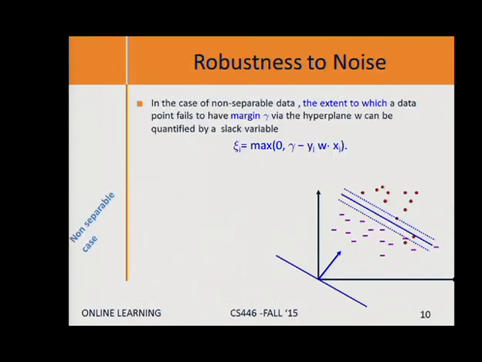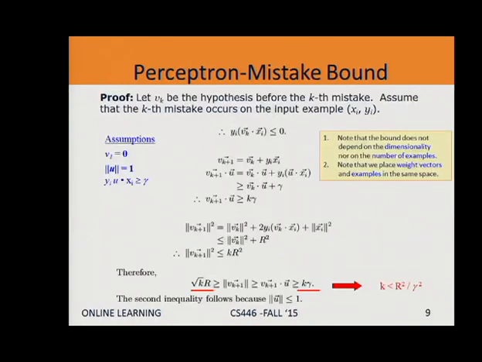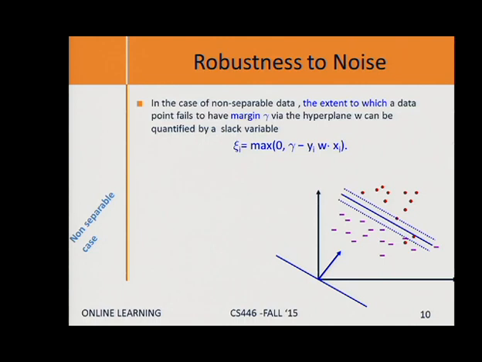Okay, so this was very nice, I think, but only for the case of linearly separable data sets. And you could argue, in many cases, the data isn't linearly separable. Is this going to break down? So here is a simple generalization of the perceptron rule. Before we generalize, we want to think about how to generalize. We care about non-separable data, and we want to think about how to quantify the fact that it's non-separable, right? So basically, I need to measure what it means to fail to have a margin